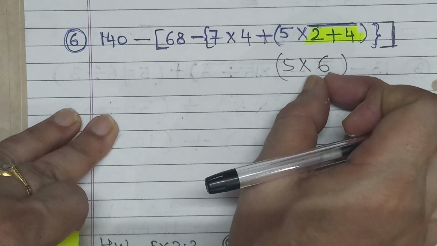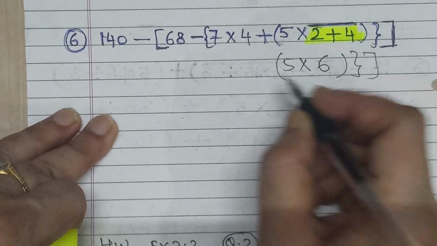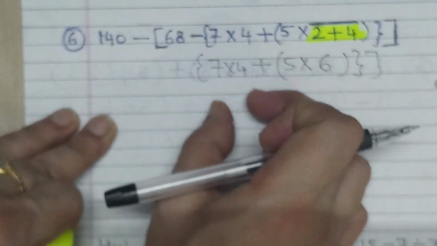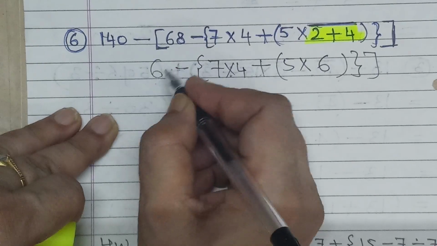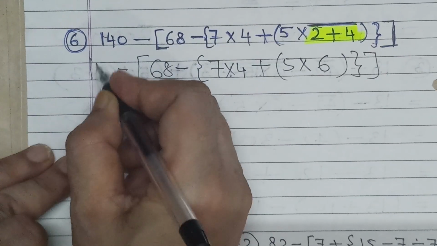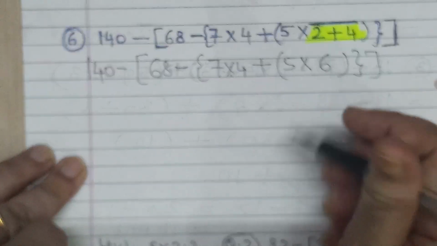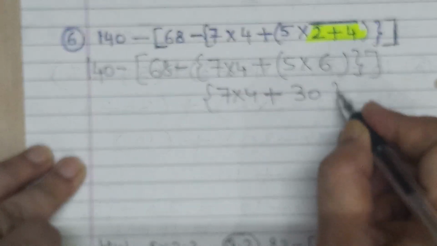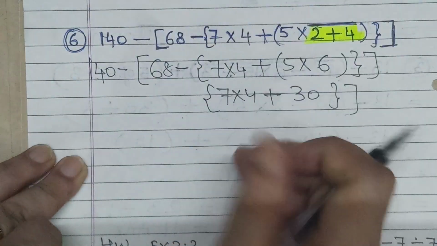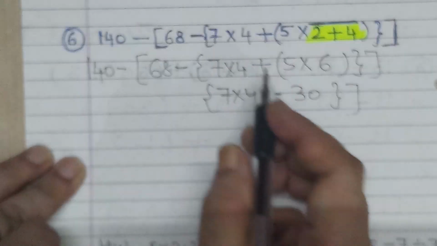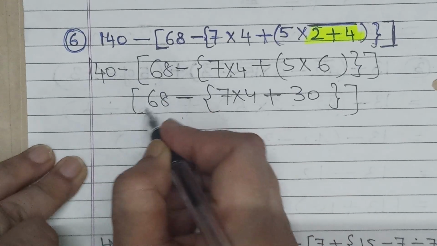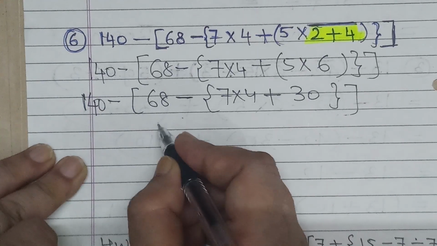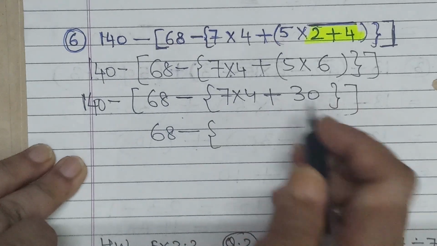Which we got the answer for the line bracket। अब हमने लाइन को हटा दिया और बाकी चीज़ों में हमारा कोई ऑप्शन नहीं है, आपको एज इट इज़ लिखना है। चाहते तो ये सॉल्व कर सकते थे बट लेट अस नॉट डू इट। 68 and 140। Now solve this small bracket। 5 6 are 30 plus 7 into 4। आप देखो मैं बता रही थी ना कि इसको आप डायरेक्ट भी सॉल्व करते क्योंकि ये दोनों भी आपस में सेपरेटेड है, बट आई हैव नॉट टच्ड जिससे आपको कोई कंफ्यूजन ना हो। नाउ 68 माइनस वी हैव 7 4s are 28